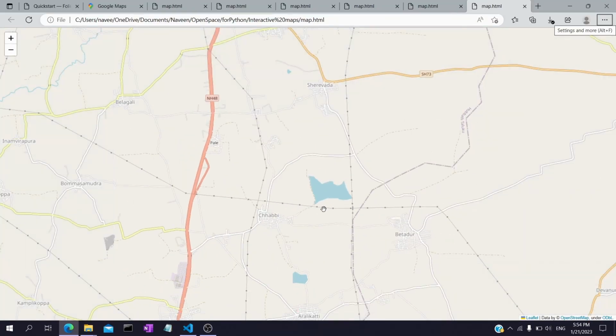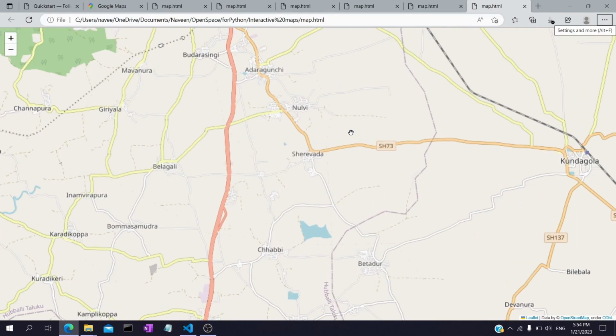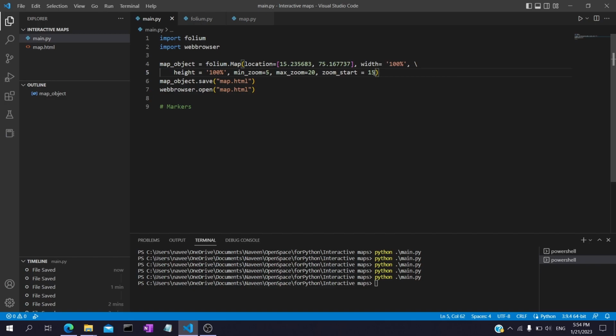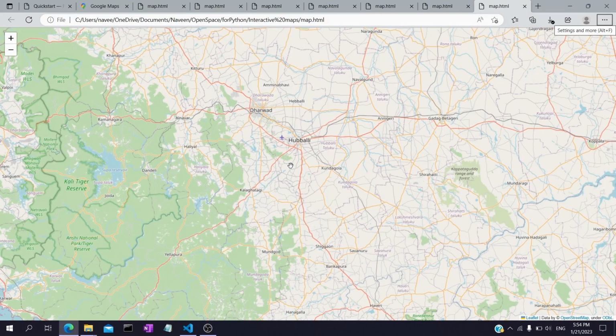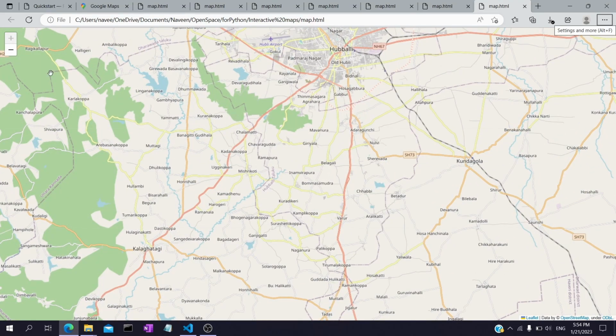Okay, maybe I'll rescale a little bit so that I can explain in a better way. So I'll reduce the values of zoom start and the maximum zoom, and on loading that you can see that once we reach the maximum zooming scale we can't zoom more. And you can also see that the icon got grayed out, that means we can't zoom more